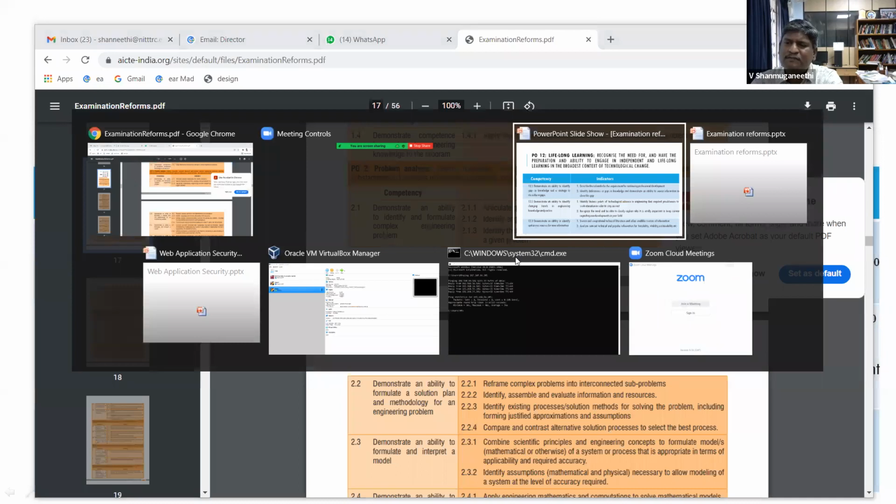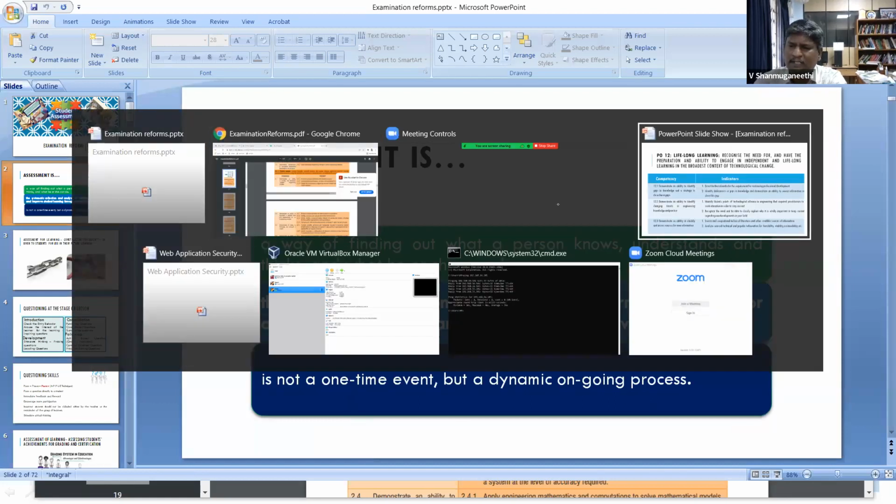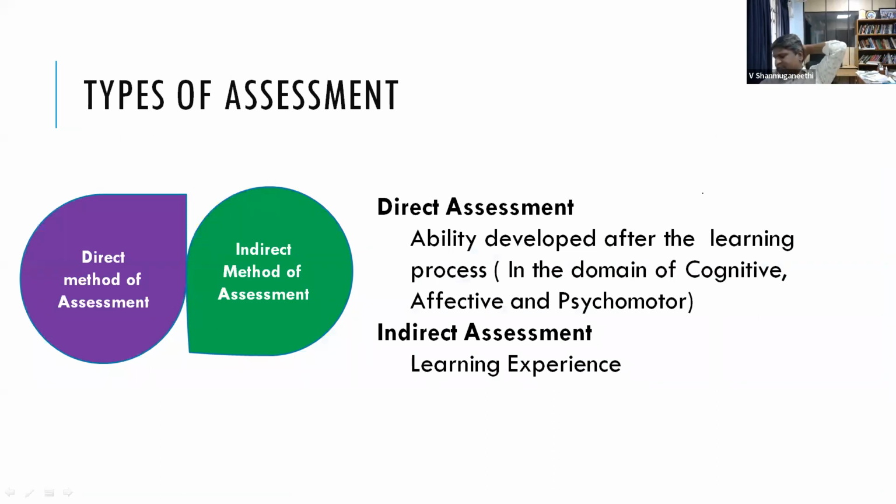Okay. So whenever you want to verify the achievement of the outcome, how do I verify? Actually, there are two kinds of assessment we have to follow. One is the direct method of assessment. The other is the indirect method of assessment. What does the direct method say? The direct method of assessment says what the learning is. The indirect method of assessment says what the learning experiences or engagement are.